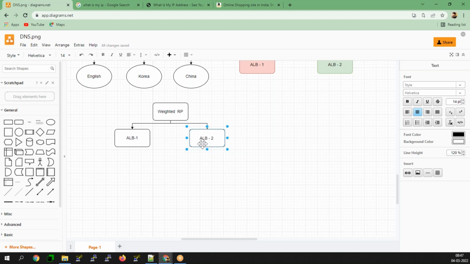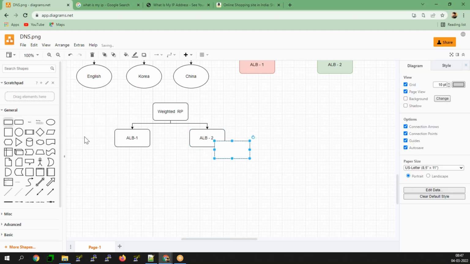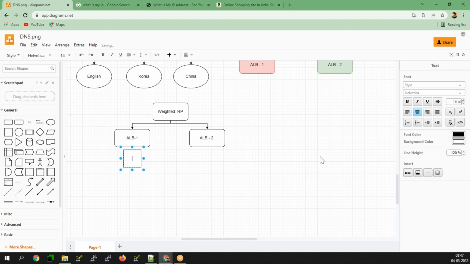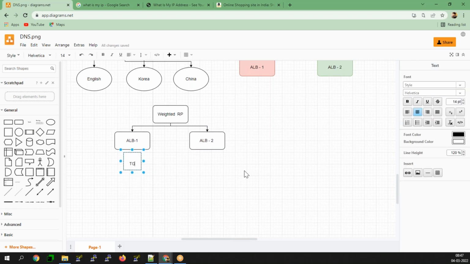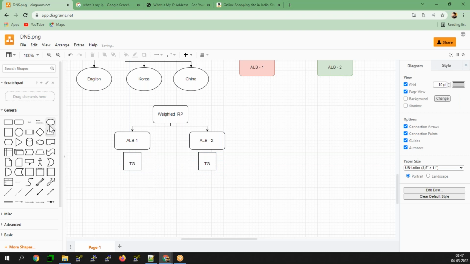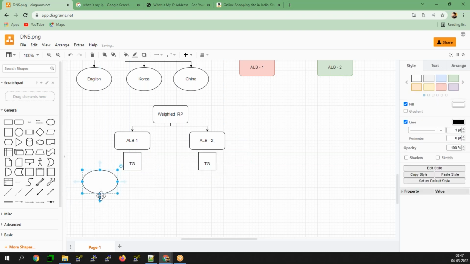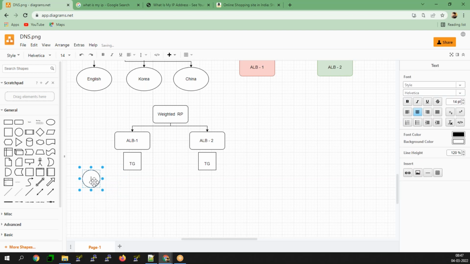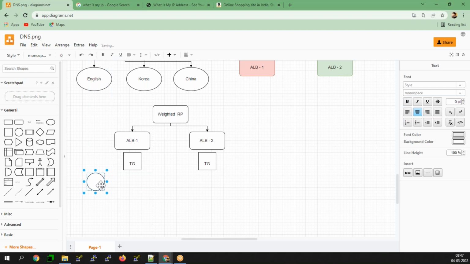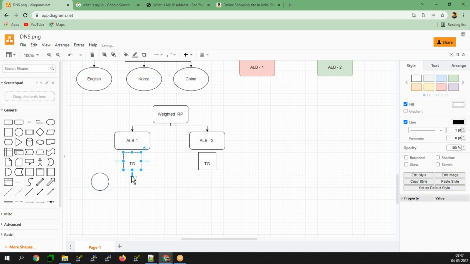Here you have a target group, and here you have a target group, and here you have respective instances.